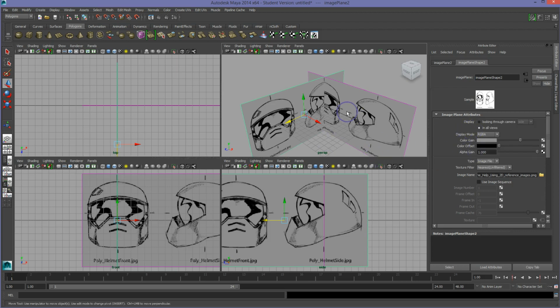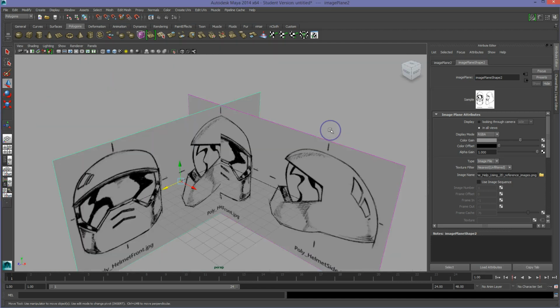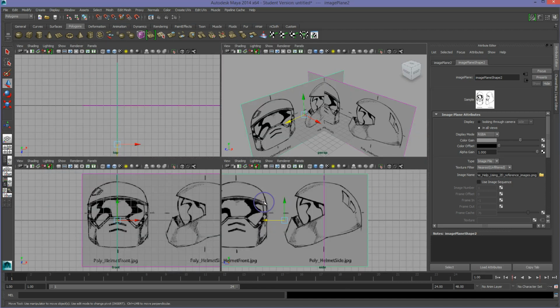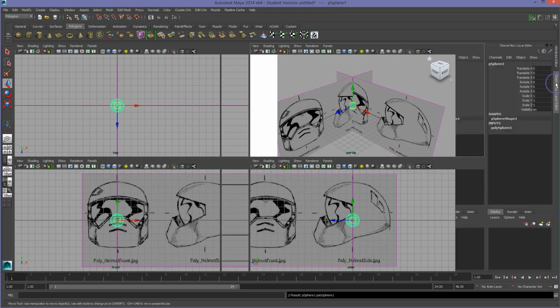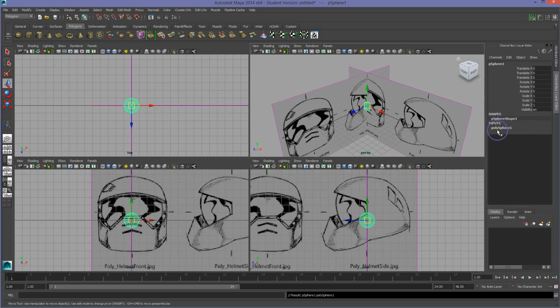So you could use any gray you want, but this is just easier on the eyes. It makes it easier to see when you're building in here. So for example, if I wanted to get started and pull up a polygonal sphere and then go to the channels box and modify the inputs, which is going to change the primitive information. So for example, the radius, I could select the word radius and then modify it by middle